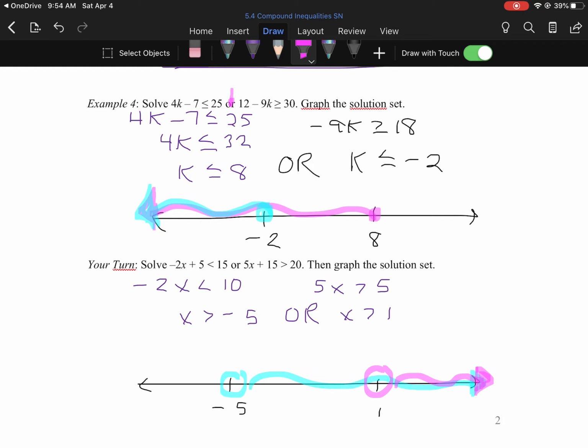All right, so you can see what your graph should look like, what answers you should have gotten. In case it's a little tricky to read, you should get x is greater than